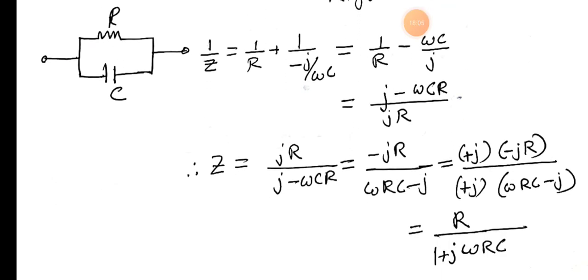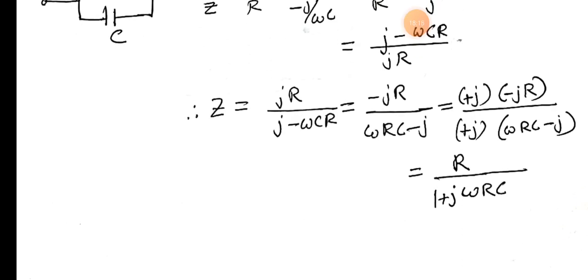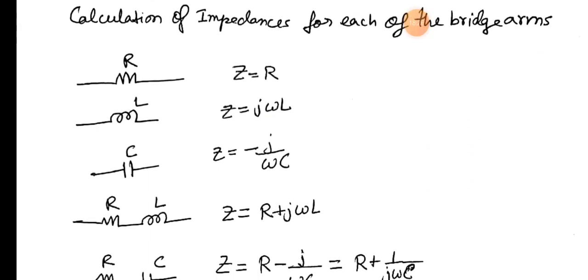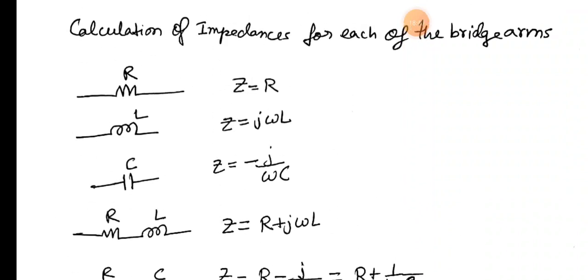Now finally the last one, which is R and C in parallel. We get as usual 1 by Z equals 1 by R plus 1 by minus j by omega C, and if we solve that, we get R divided by 1 plus j omega RC, and that will give us the value of the impedance. Now we will directly put this value of Z when we calculate Maxwell's bridge, Hayes bridge, Anderson bridge, whatever the passive elements RLC are, and we will solve for the equation Z1 Z4 equals Z2 Z3.